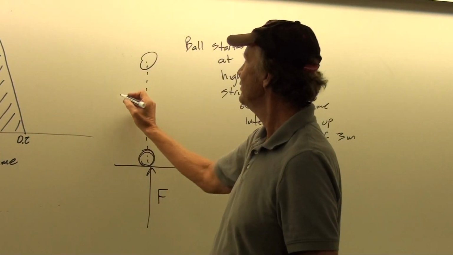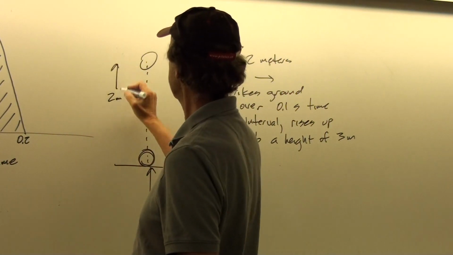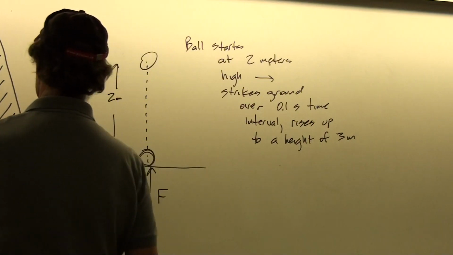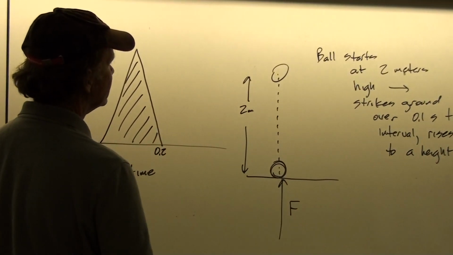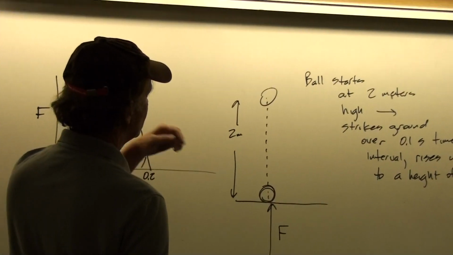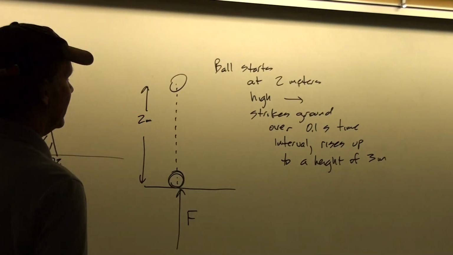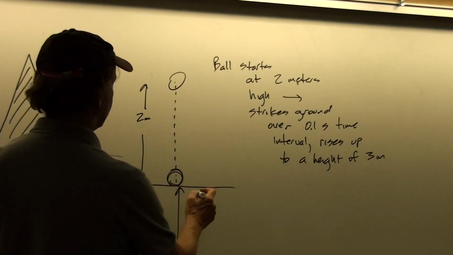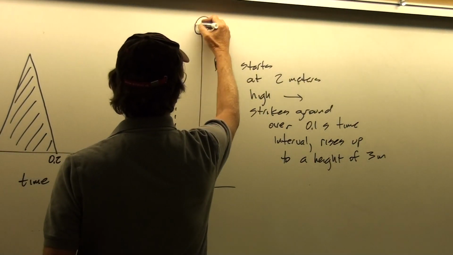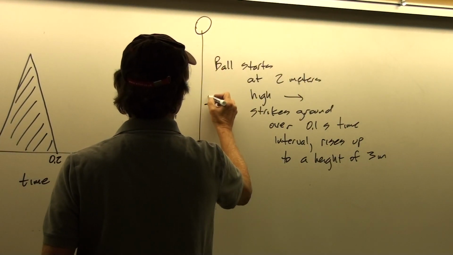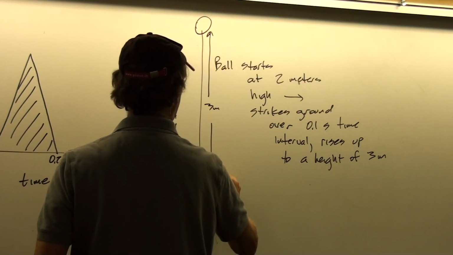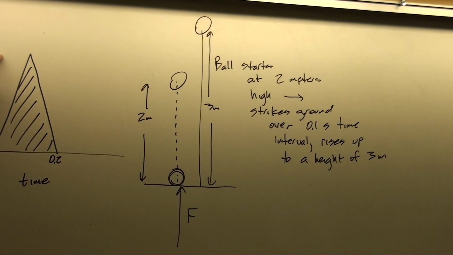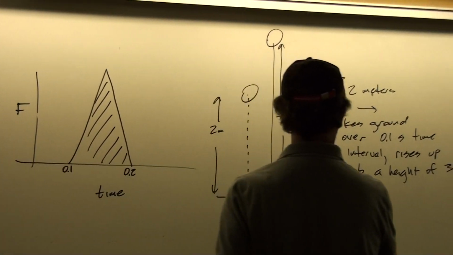You start out at 2 meters, the thing drops down, and then this is the force function as a function of time in this 0.1 second time interval over which the mass is in contact with the ground. And then at the end, it pops up to this height of 3 meters above where it started from. And so from this information, let's find F max for our force function.